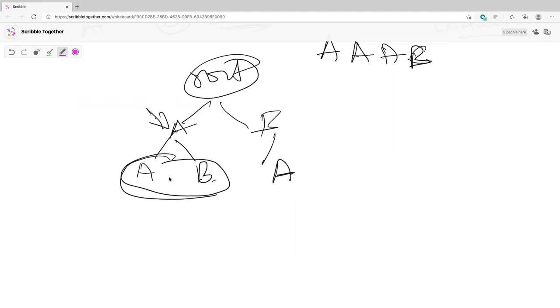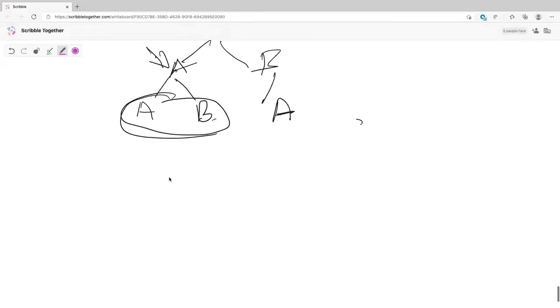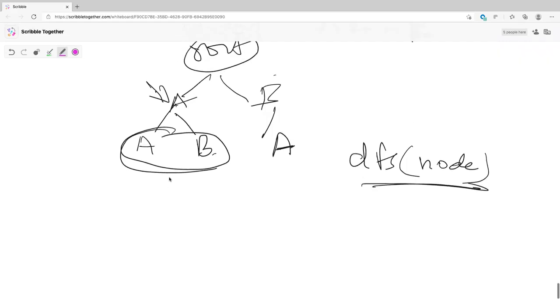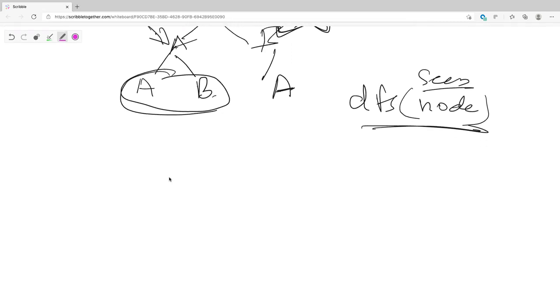Right. So let's say you do a DFS call. You do a DFS of node. What is this node? This node is nothing but this node, right? And then what else did you pass here? You also passed in your seen variable. What is it going to help you figure out? What the candidates are based on what you've already seen, basically what you have already seen in that path, in that DFS call. Right? But seen is not going to prevent the duplicates on the same level, right? So what is one DFS call? When you're doing one DFS call, you're working on that same level.